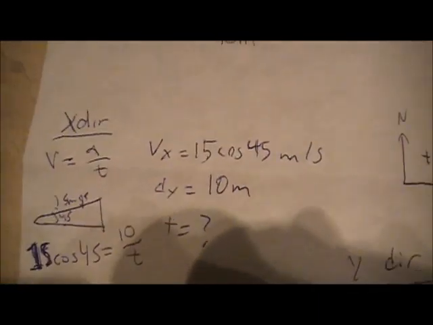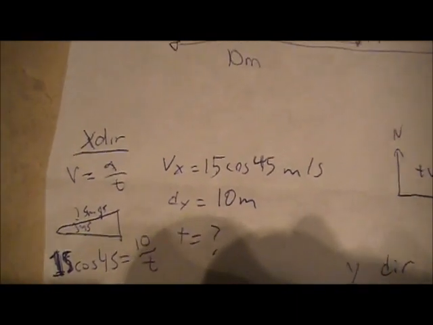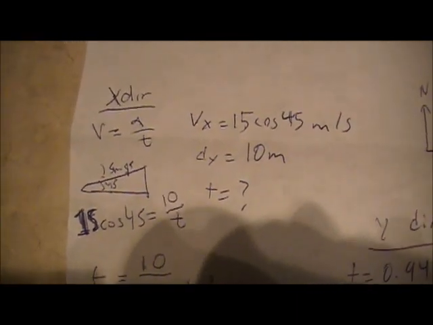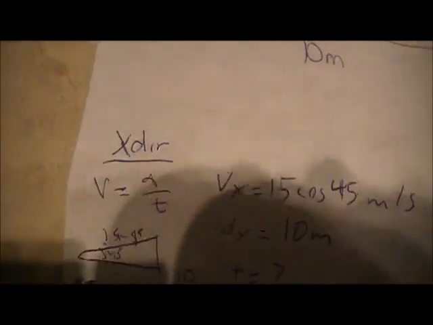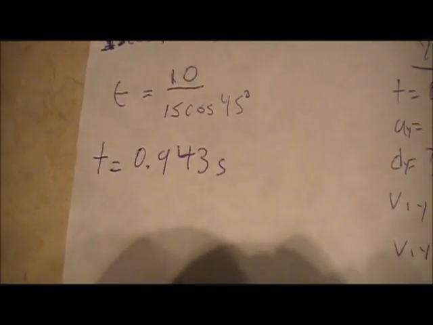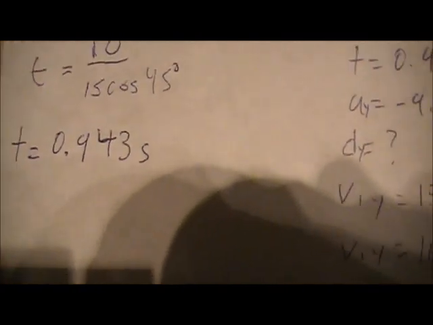He first figured out what the time would be in the x direction at 10 meters. So he got his v1 in the x direction, his displacement, didn't know the time, and he used the equation v equals d over t, and found the time would be 0.943 seconds at 10 meters in the x. Then, in the y direction,